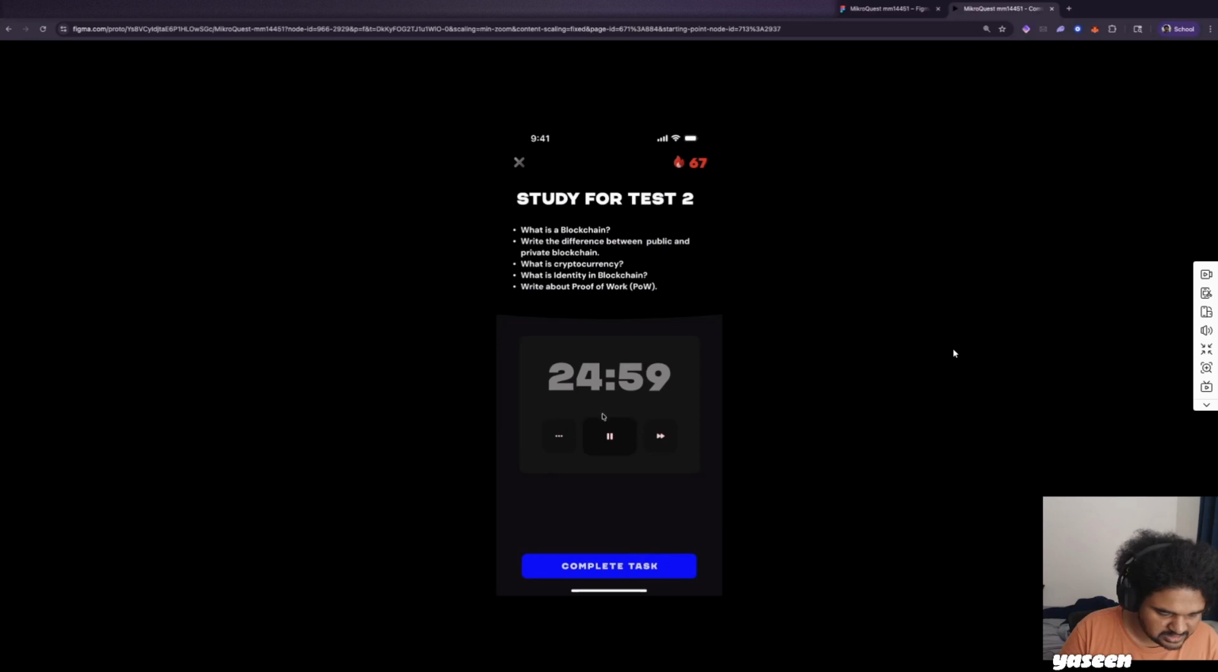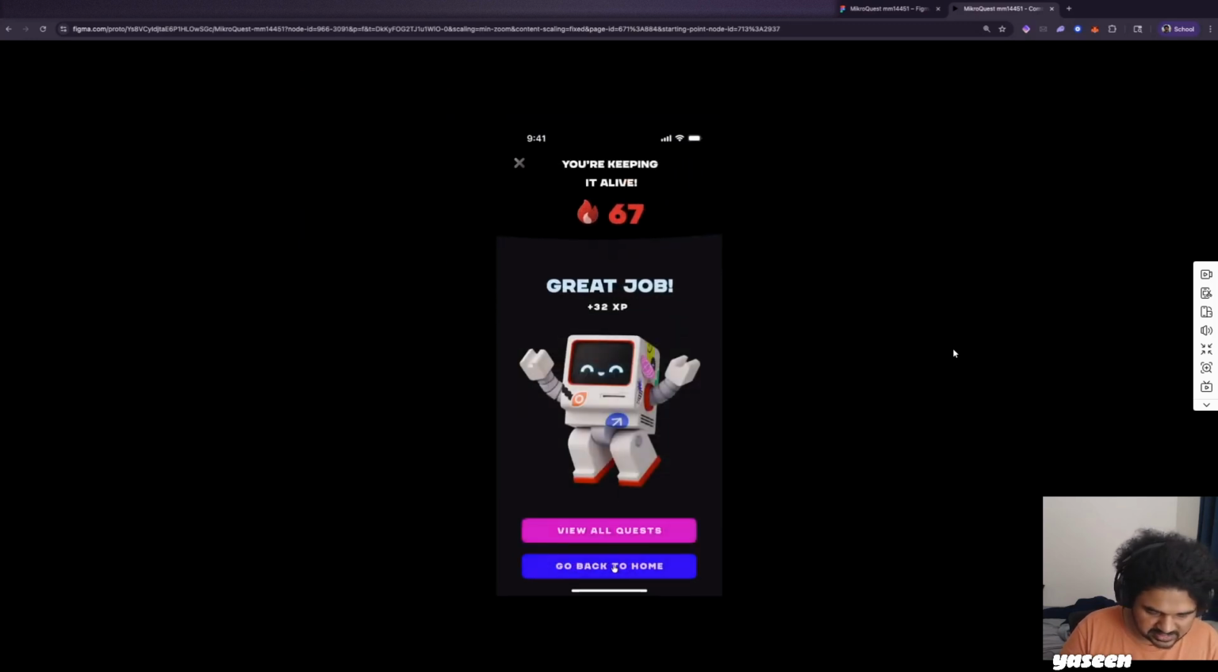You have a Pomodoro timer. You have your streaks option here. You click on complete task. You get like a cute animation along with your streak number. You can click on it to go to the streak page, or you can go to view all quests, or you can go back home. I'm going to go back home,